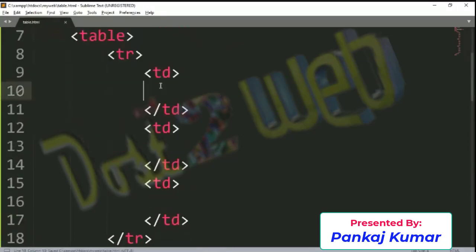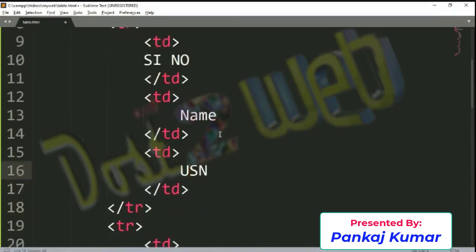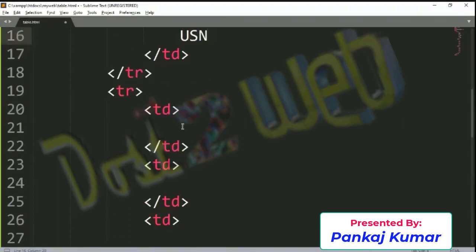Now come to the first table data. I want something like serial number, then here name, then here USN, anything. In the next table row, I want one, and the name U Academy.